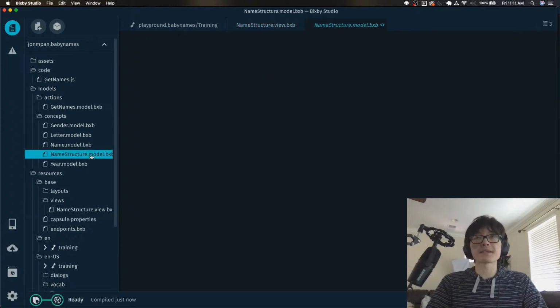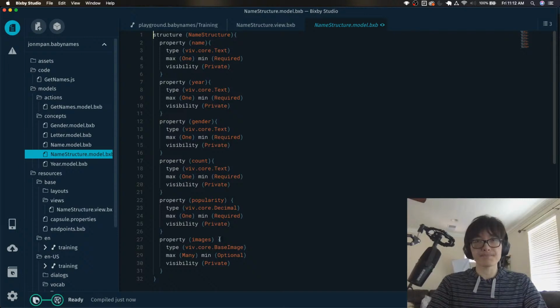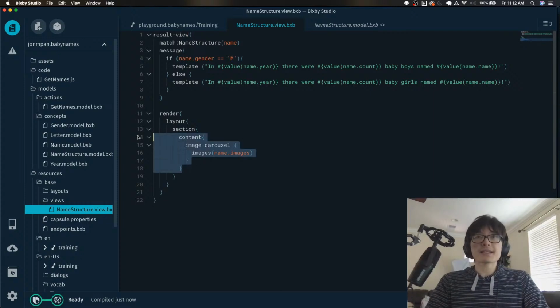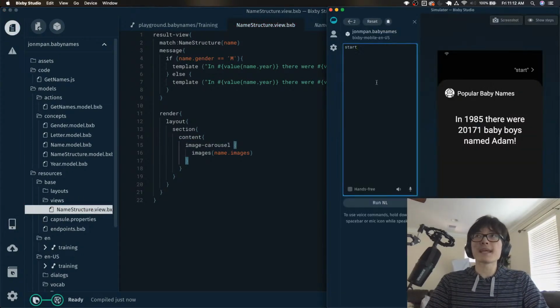So let's also familiarize ourselves with the structure really quick. This is the end result that gets passed to the user in terms of what it is, and we have a few things. We have images here, we have popularity, count, gender, year, and name, right? So most of these are pretty self-explanatory. But here we can see that now, just like that, we've added the image carousel, and if we run our capsule,